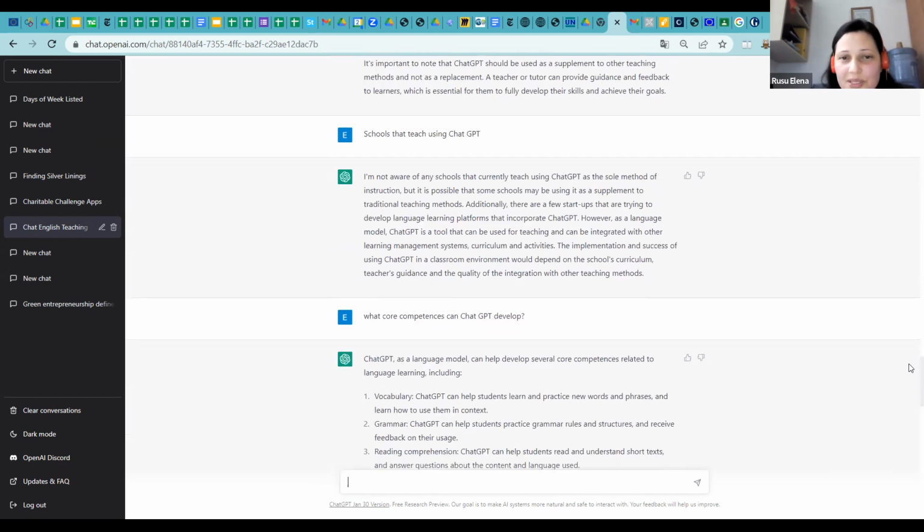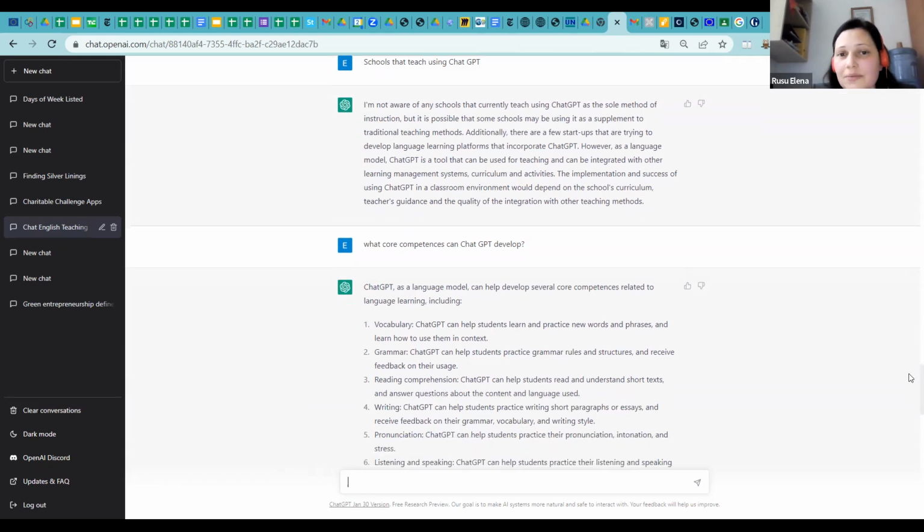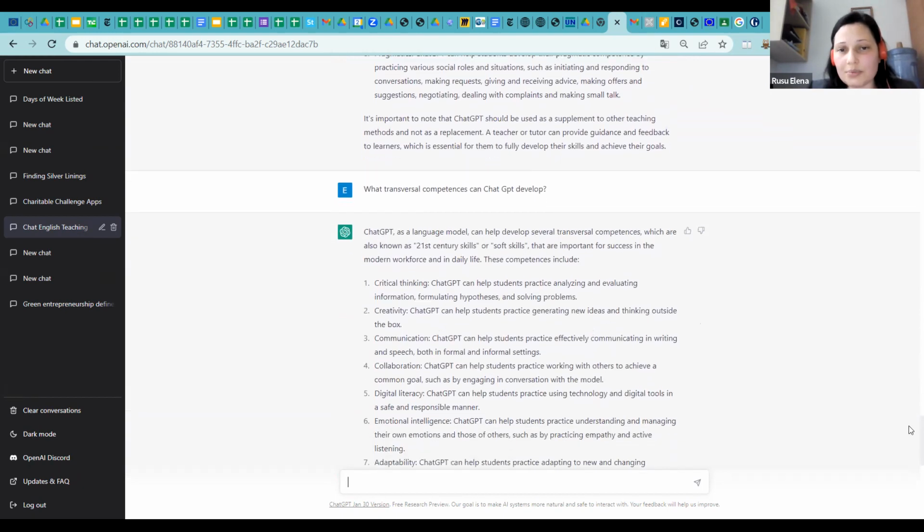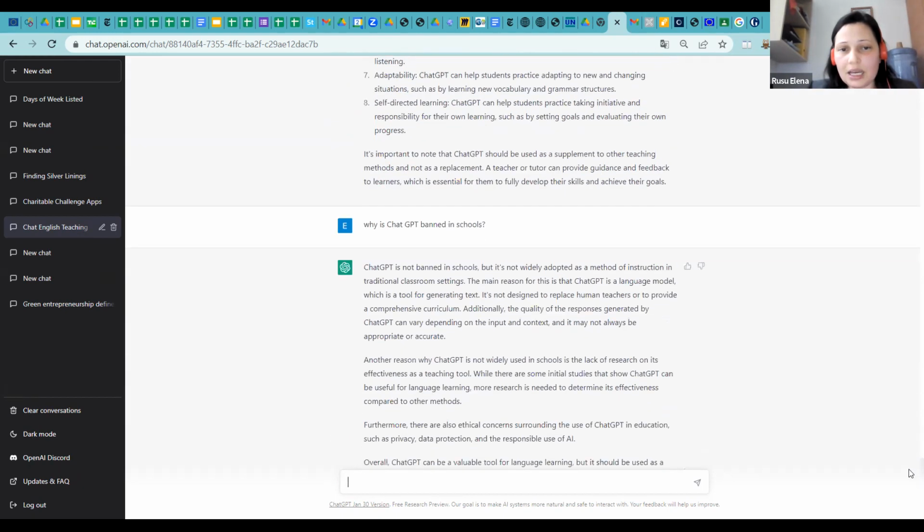Schools that teach using ChatGPT. I was looking for this information because I was curious. Are there any schools that really need and would like to use ChatGPT in the teaching process? And I found out that ChatGPT is not aware, because it started to work only by the end of 2022 and doesn't have this kind of specific information. What core competencies can be developed with the help of ChatGPT, and we spoke about them. What transversal competence can ChatGPT develop, and why is